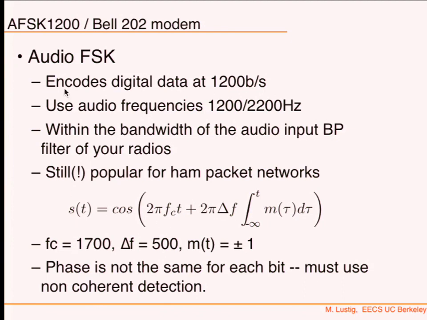So what does AFSK 1200 do, and why is it even called AFSK? Because really it's frequency shift keying. With frequency shift keying, you encode information by switching between frequencies. And this is binary frequency shift keying, so just two frequencies. It encodes digital data at 1200 bits per second. So it's a slow rate, even for a channel that is meant for FM radio. Over effectively a 12 kilohertz channel that you're transmitting in RF, the audio bandwidth is really just 3 kilohertz.